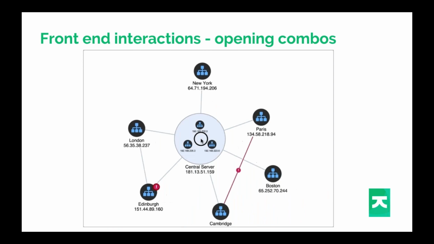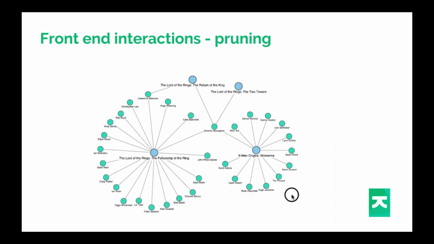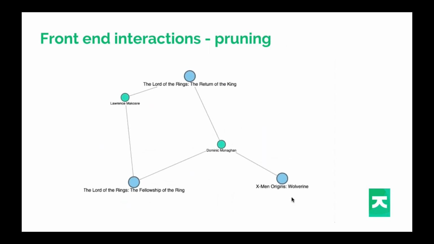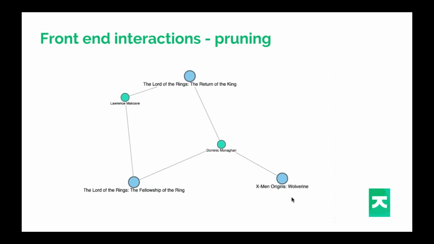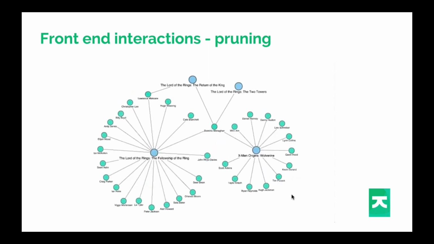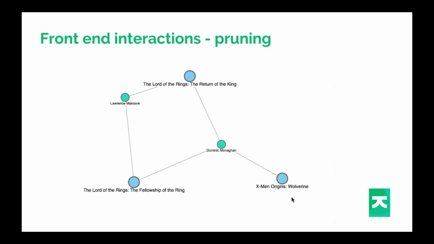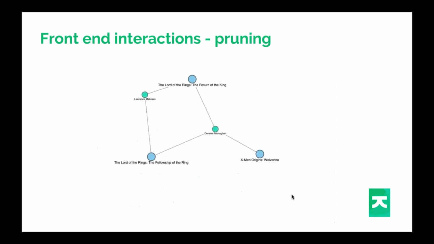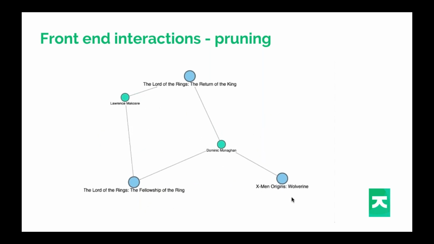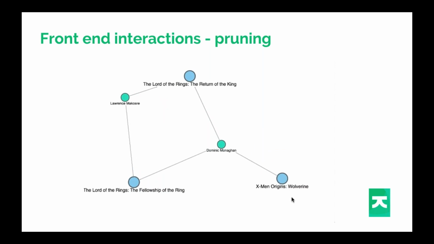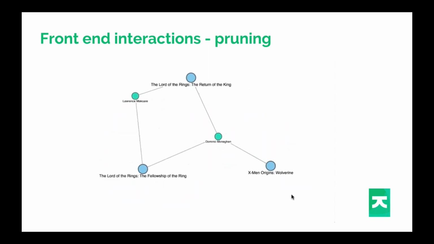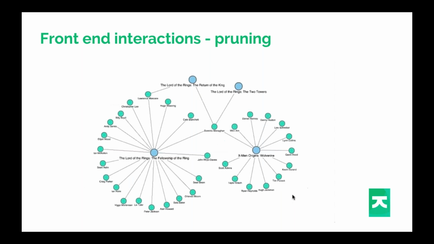And the final example was pruning. Pruning, again, is that same theme of tidying up as you go. Ideally, you don't give them a mess, but sometimes inevitably they do, and you want to make it easy for the user just to tidy things up. You're very likely giving them buttons to lay out the graph as they go so that they can make it look tidy. Another quite nice one is this effect, which is